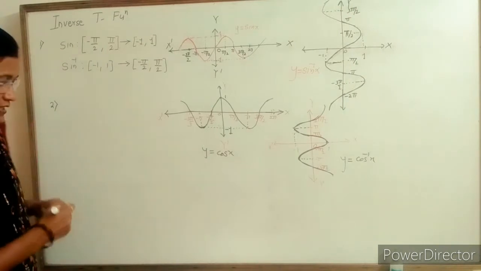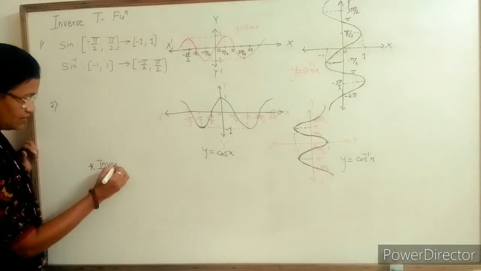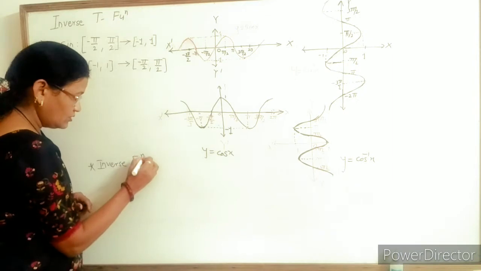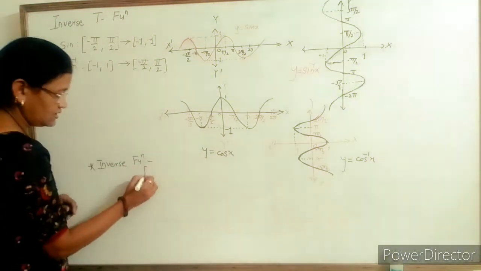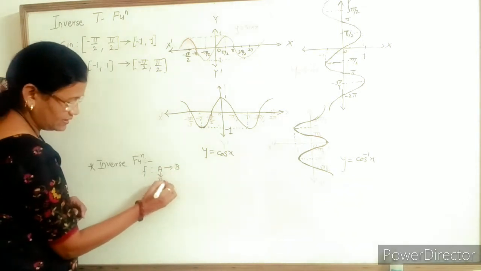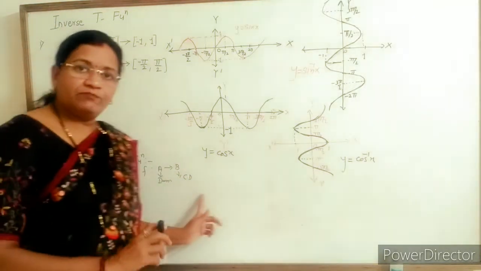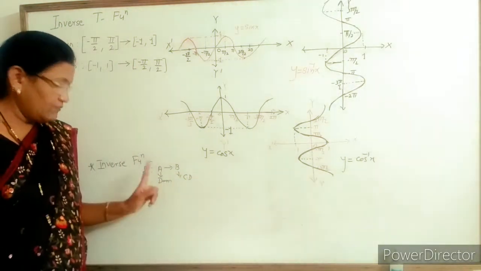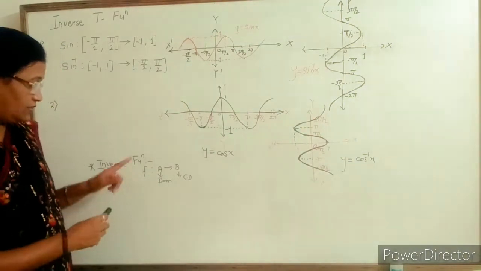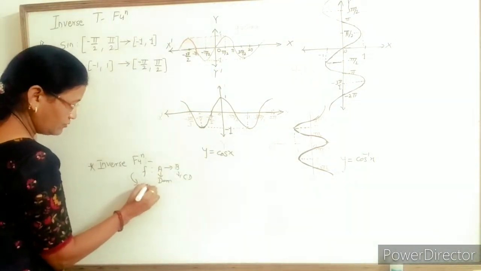Before this, you know the definition of inverse function. In 11th standard, we already learned the definition of inverse function. You know that if the function f is defined from A to B, here we say A is the domain set and B is the codomain set. If the function f is defined from set A to set B, then we say if the function is 1-1,